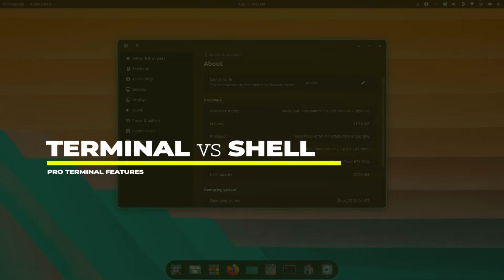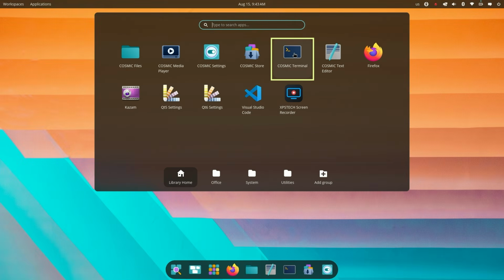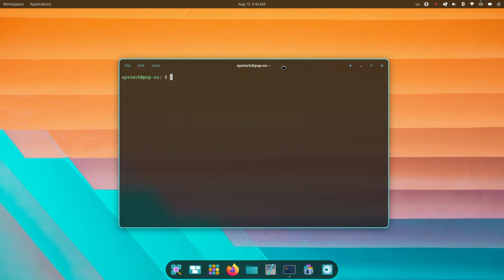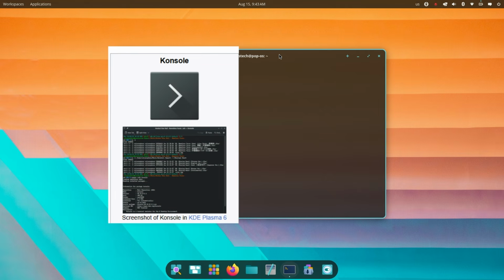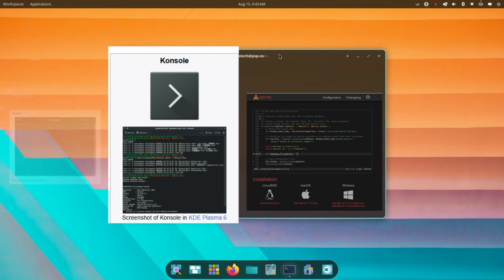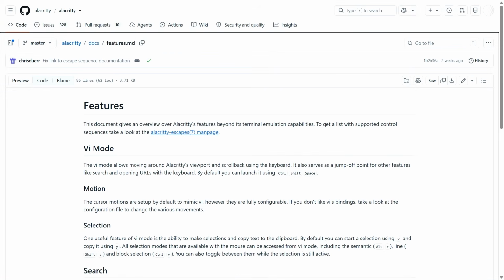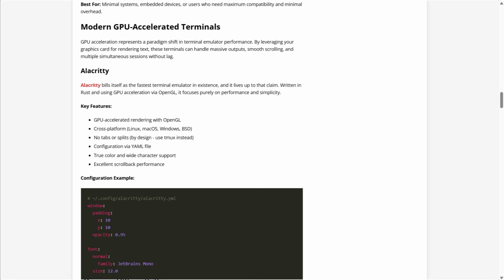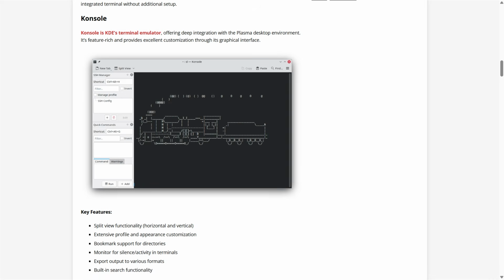Alright, so I am on the latest version of Pop!_OS and it comes with Cosmic Terminal. Every Linux distro ships with at least one terminal, and you'll see a variety of different names for the app depending on the distro and desktop environment. Like KDE has Konsole, there is Alacritty, GNOME Terminal and many more. The difference between them comes down to speed and features. Like Alacritty uses your GPU to render text, others focus on things like tabs, transparency or built-in tiling, but underneath